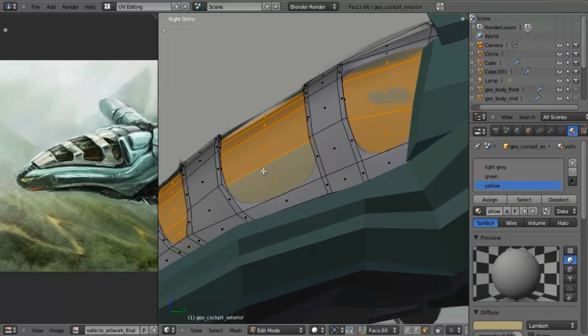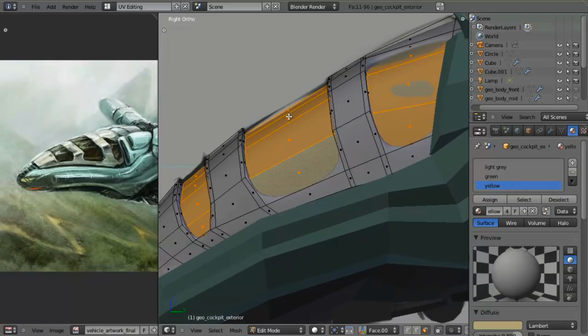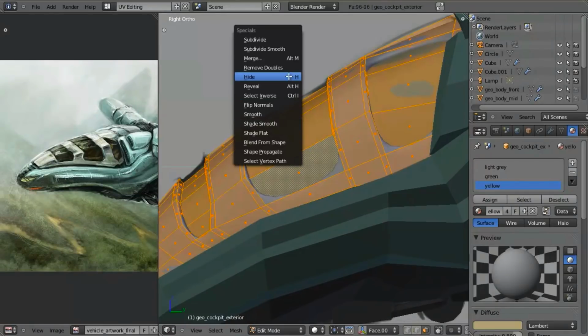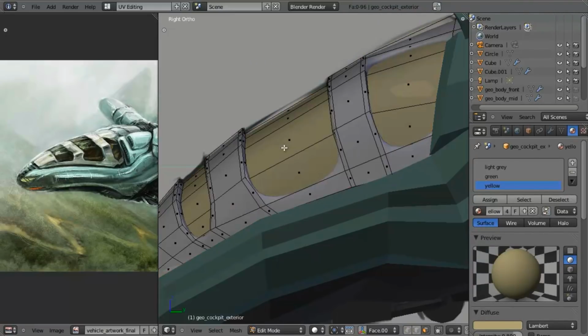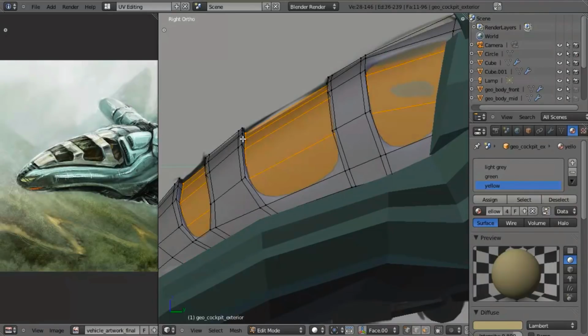and almost immediately you can see things start to look a lot better. But we need to be aware of some things. For example, if we were to select everything and hit W and remove doubles, all of those vertices would be removed again, thus joining the pieces back together. And so what I want to do is go ahead and, with these selected, let's hit Shift H to hide